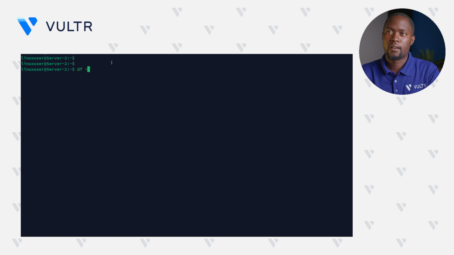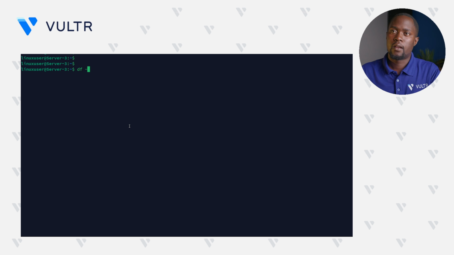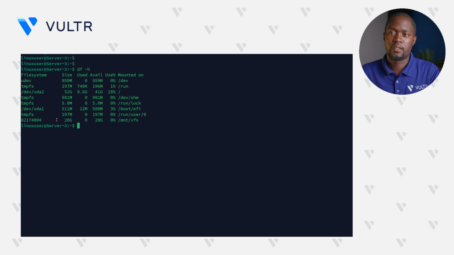So let's just check the storage usage right here, and you can see that in this particular output, we have our VFS volume with a size of 20 GB and mounted to this particular directory, which is /mnt/vfs. Let's check for the same on the Debian instance by entering df -h, and you can see that we have the same result right here. You can see the usage is actually 0%, meaning we do not have any files there. So let's just list the files and see this. You can see that our directory is empty,